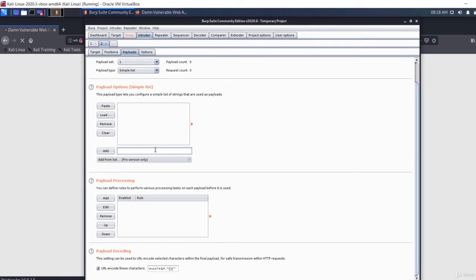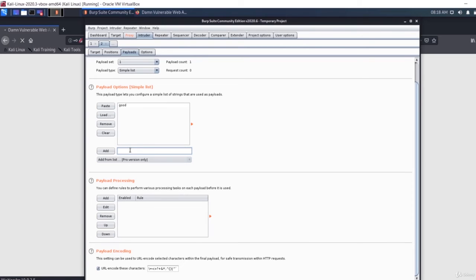So for tutorial reasons, I'm going to give this username and the password manually. So in the username field, because this is our payload number 1, I'm going to add